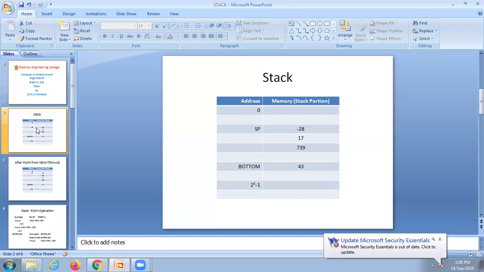Then only is the control transferred from B to A and process A continued. So that is one of the main applications of stack.